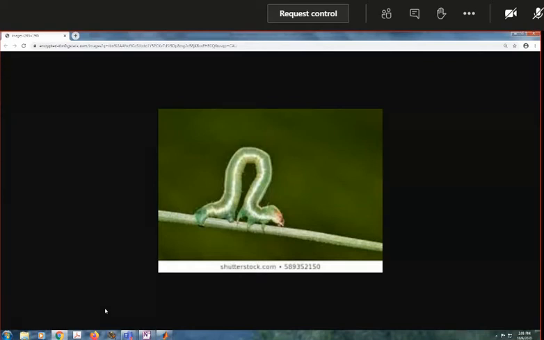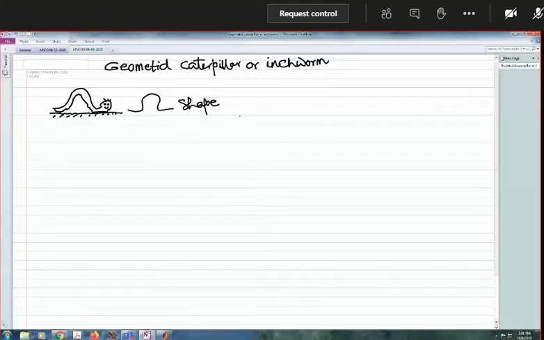I don't know if I have a video. Okay, you can see some video how it moves. So this particular caterpillar will move like this. It will first, let's say, it grabs here, then lifts its head, then it goes here somewhere, head comes here, it grabs here, grab, here grab.